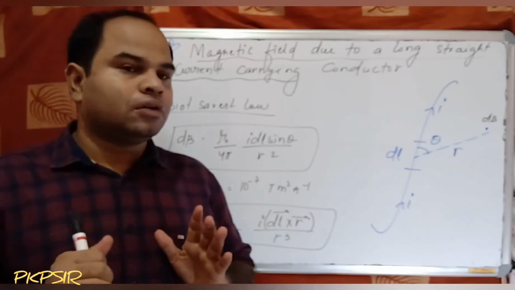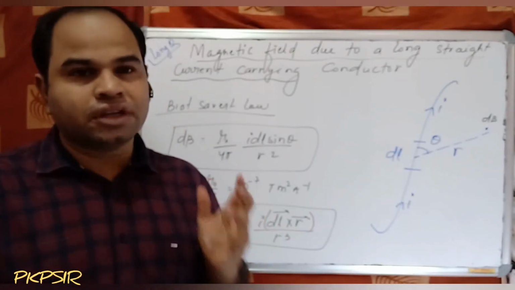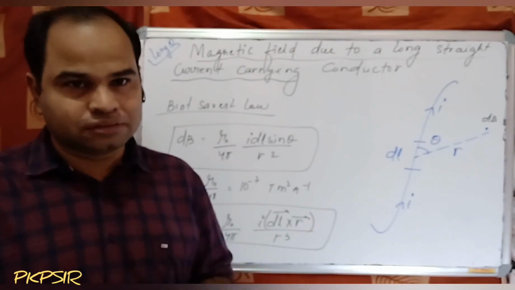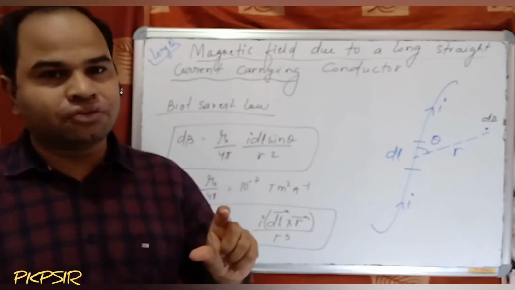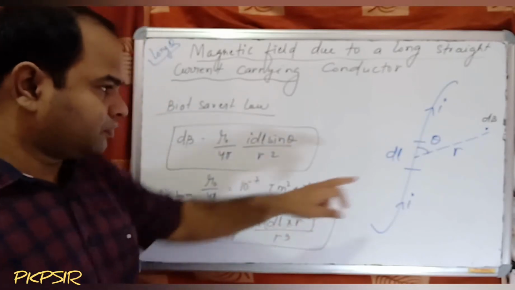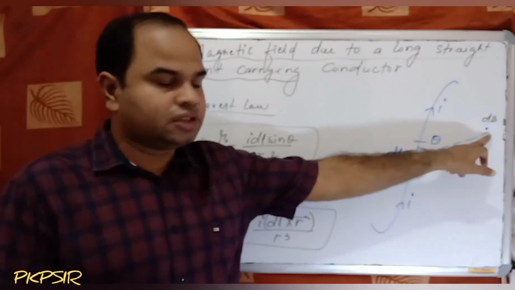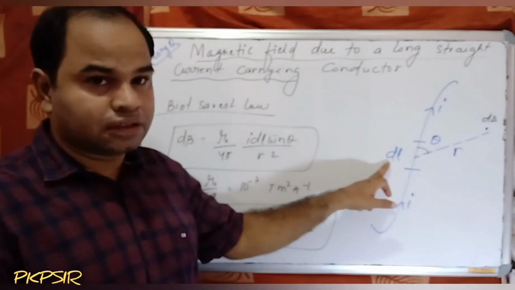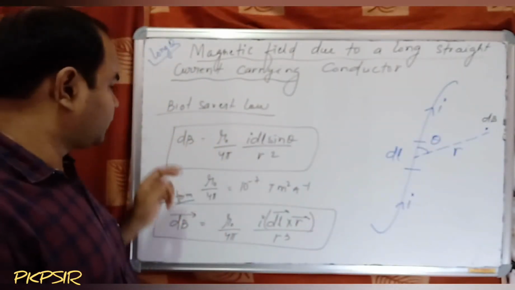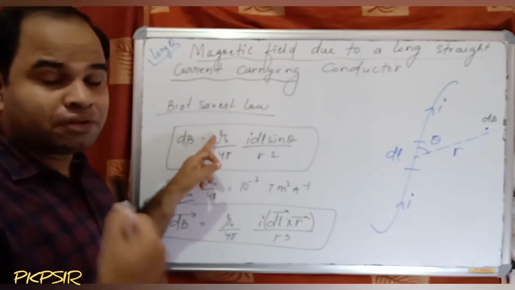What is Biot-Savart's law? Last class we have discussed. Biot-Savart's law gives an idea of the magnitude of magnetic field due to a current carrying element. It gives the magnitude of magnetic field due to a small current carrying conductor. If dl is the small length carrying current I, then at this point, which is r distance from this length dl, the small magnetic field dB is equal to mu naught by 4 pi I dl sin theta by r square, where mu naught is permeability of free space,